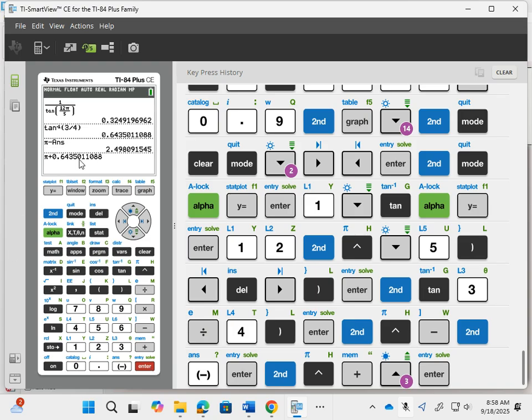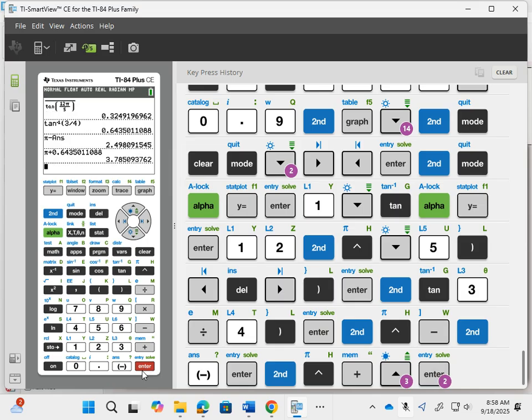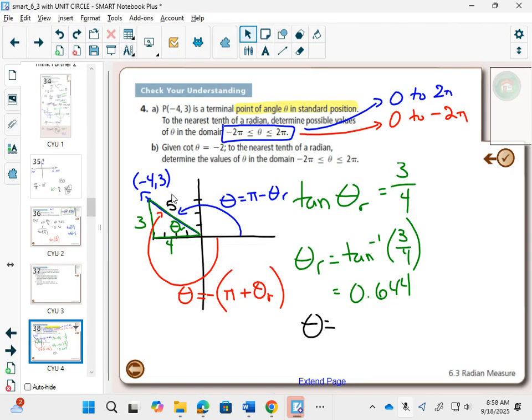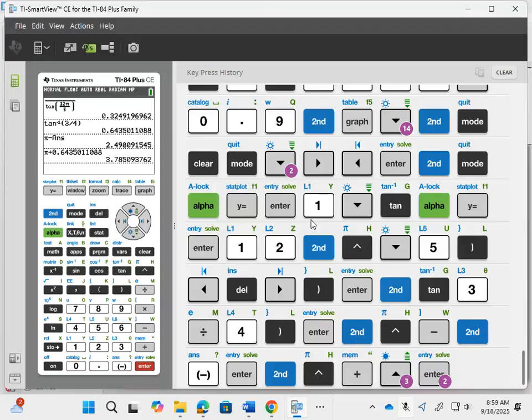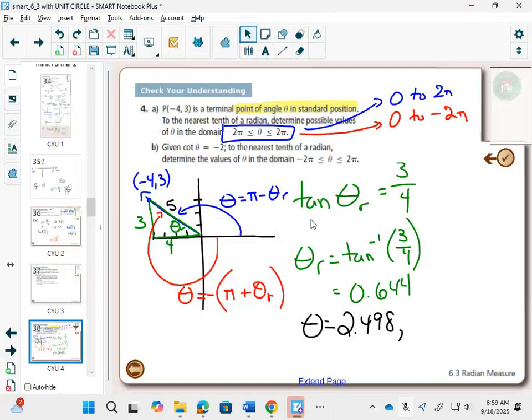So I can go pi plus this and get my answer this way. So now I have 2.498 as one answer, and the other answer was 3.785, but because it's going in the negative direction,